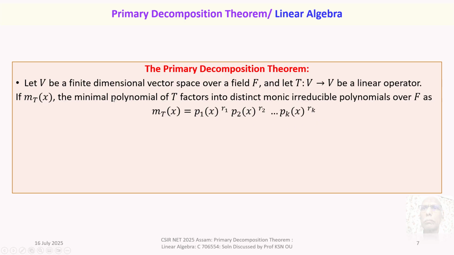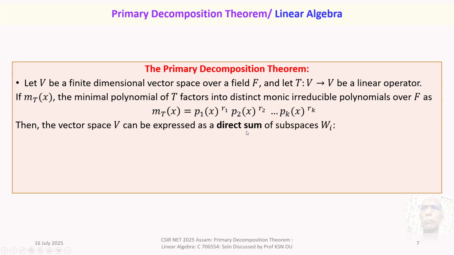Each is a monic polynomial. The minimal polynomial of t, mt of x, factors into distinct monic irreducible polynomials over F. Then the vector space V can be expressed as the direct sum of the subspaces Wi, that is, V is equal to W1 direct sum W2 direct sum, and so on, direct sum Wk,